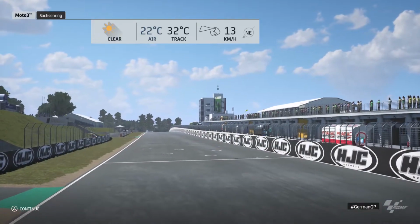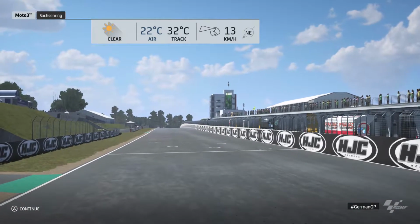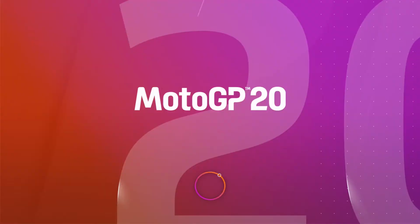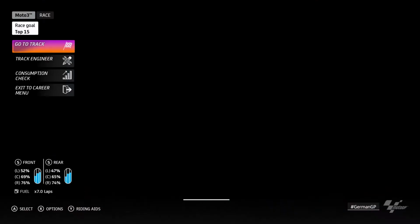Hello and welcome to the Sachsenring circuit. The waiting is finally over. The German Moto3 race will be starting in just a few minutes. We're moving now to the Moto3 class grid where engineers and technicians are ironing out the last few details before